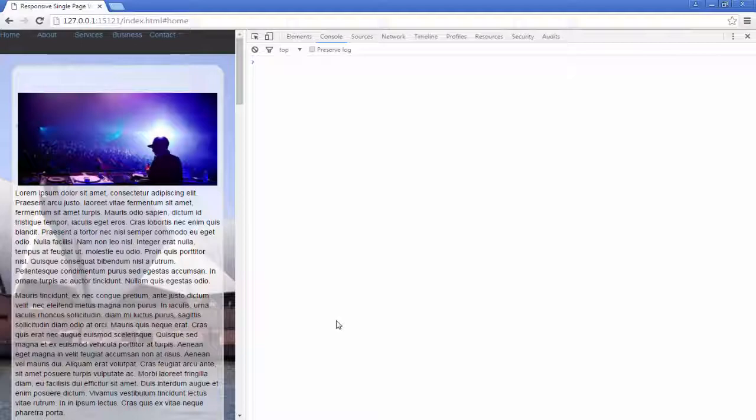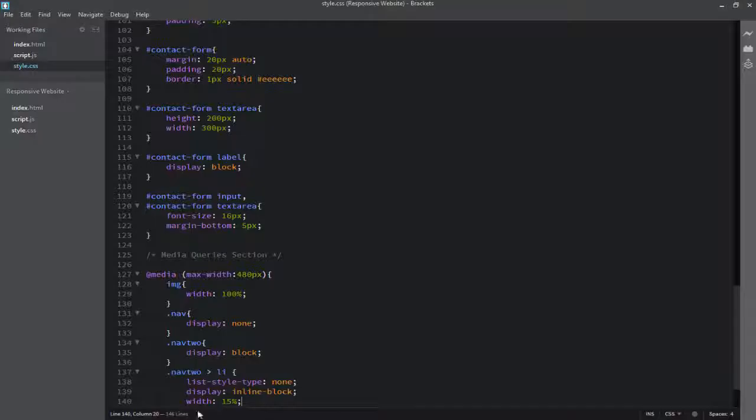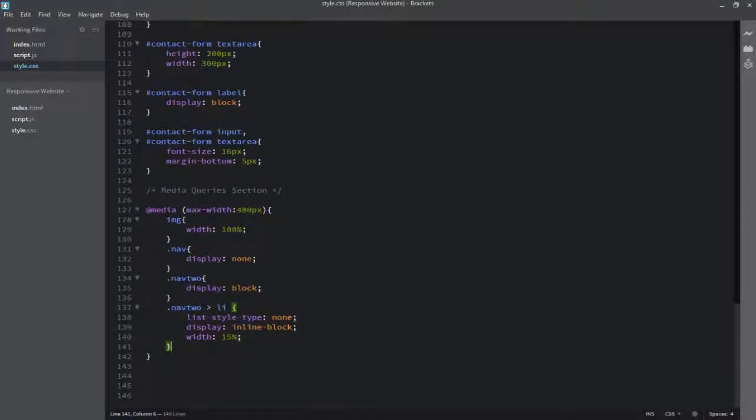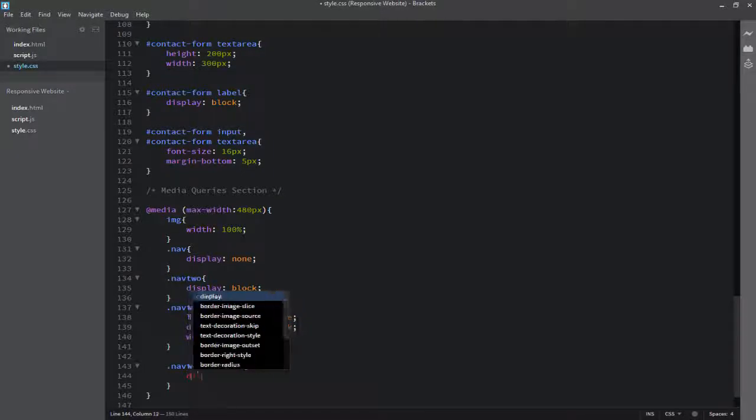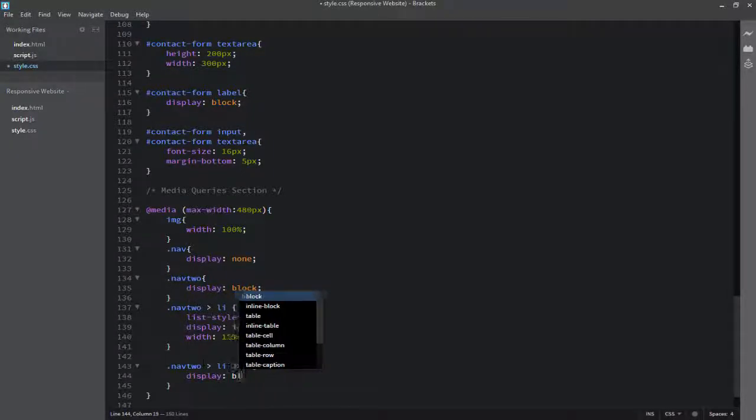Okay, now I am going to specify the style for the anchor elements which are present under the nav2 class. I will display those anchor elements as block.